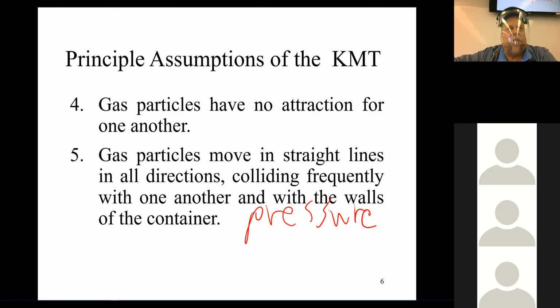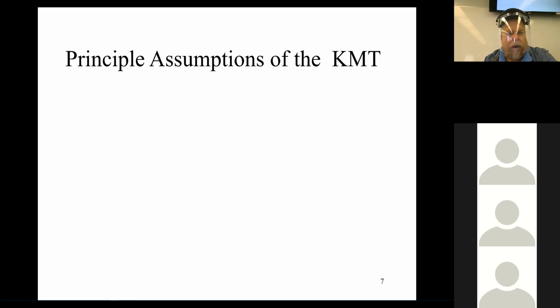What happens if I push down on this table? What am I doing to it? Applying pressure. If you throw a softball at a wall, it bounces off. What have you applied to the wall? Pressure, force from the ball hitting it. Same thing with air molecules going back and forth. They're hitting the walls. They're applying pressure to it. That's why if you blow up a balloon, it fills up, applies pressure, and expands. You're just putting air into it when you blow it up. That is essentially the presumption that's occurring.